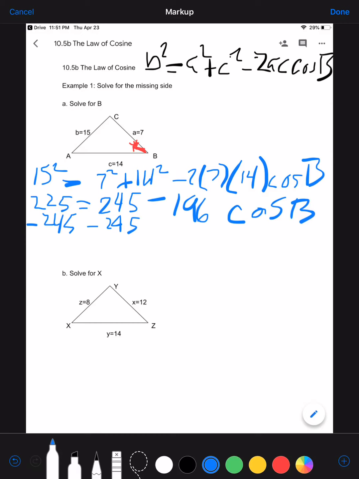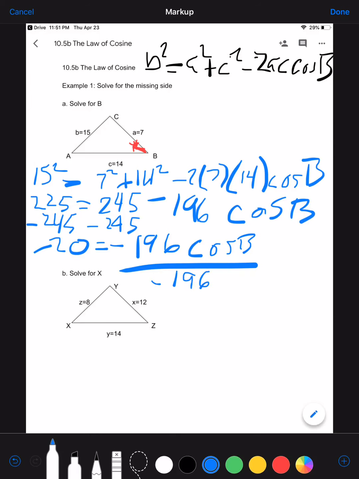So we're going to start off by subtracting those two numbers, and we end up with negative 20 is equal to negative 196 times cosine B. Now we're going to divide both sides by negative 196. I'm running out of room, but we're going to keep going. So we end up with cosine B is equal to, we're going to just divide those numbers. So negative 20 divided by negative 196 equals,